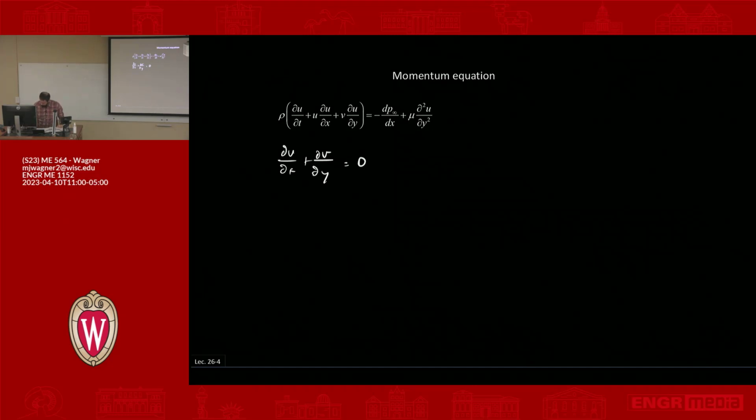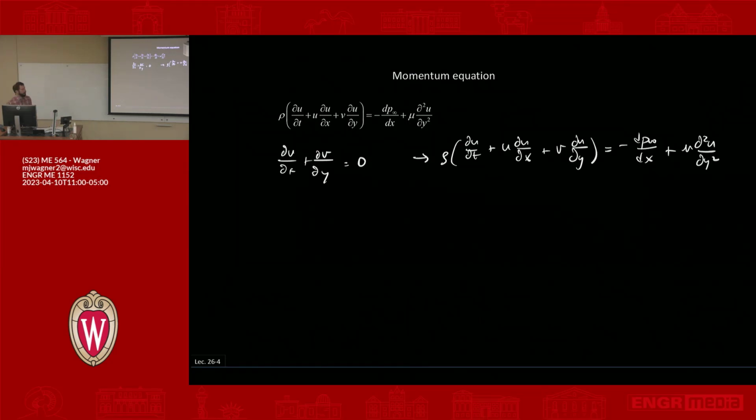It becomes the following: rho times partial u partial t plus u partial u partial x plus v partial u partial y is equal to minus dp infinity dx plus mu partial squared u partial y squared. But I want to add in this term. So what I'm going to do is